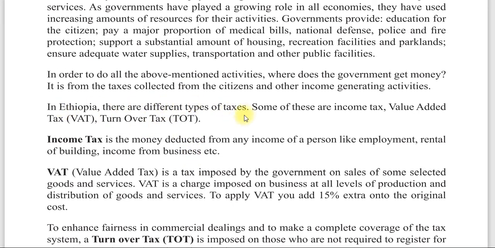In Ethiopia there are different types of taxes. Some of these are income tax, value added tax or VAT, turnover tax or TOT. Income tax means a money derived from any income of the person like employment, rental of a building, income